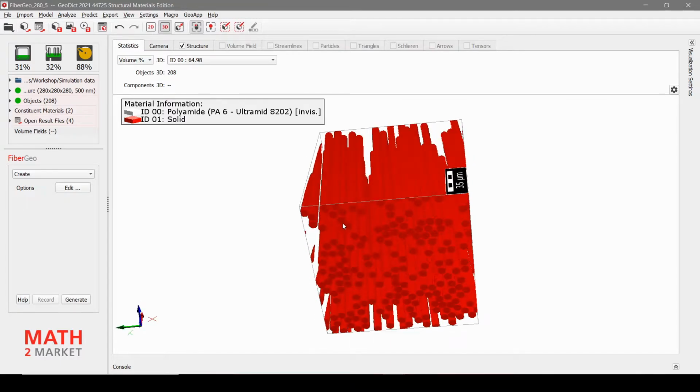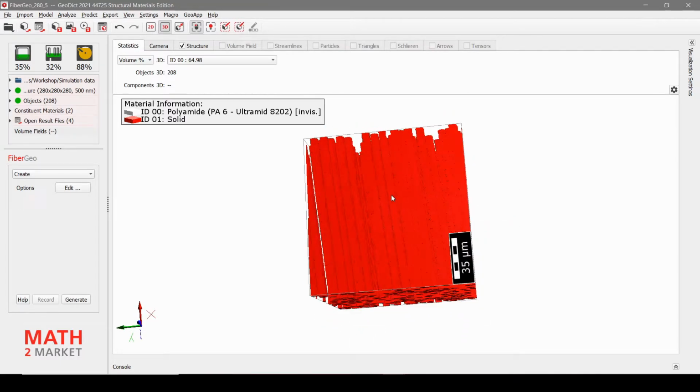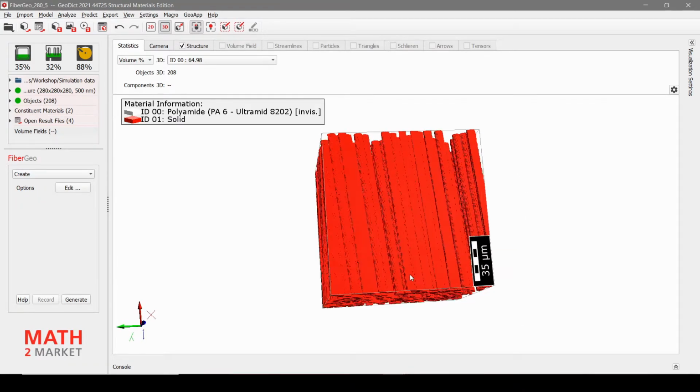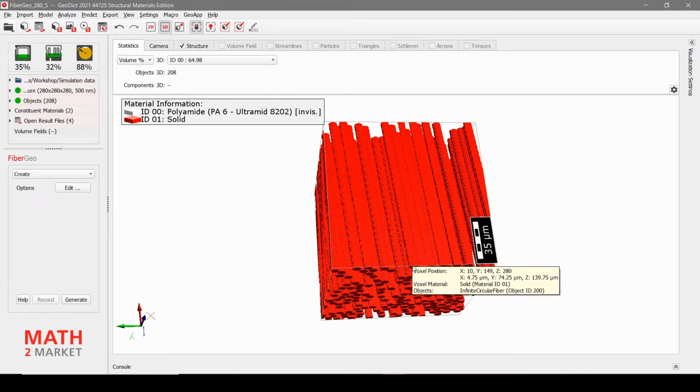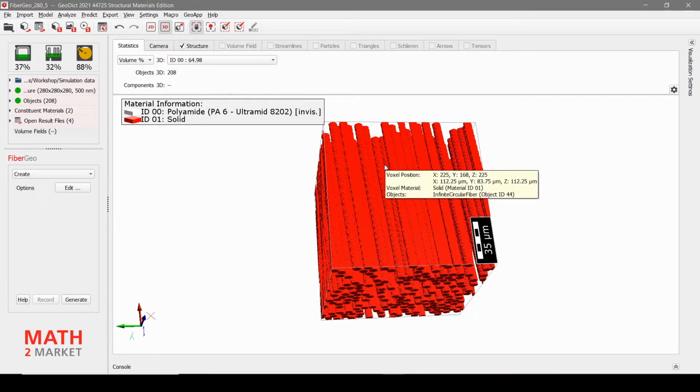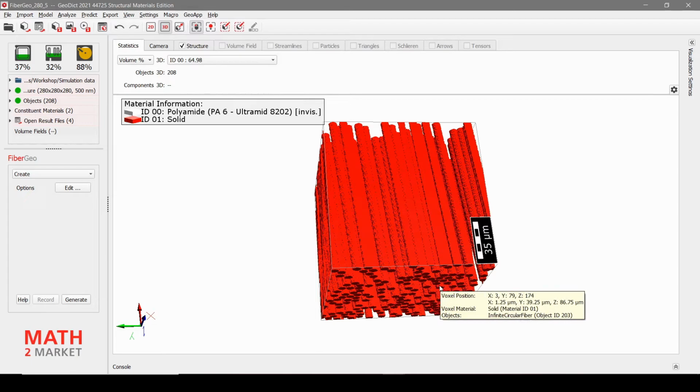And now you can see that we cannot assume anymore that a fiber which goes out on one side, for example, as this fiber, goes in again on the other side, because they have a slight angle, and that doesn't work anymore. And when you remember my explanation on periodicity, that now tells us that we have to use symmetric boundary conditions in the simulation, and we will do that.